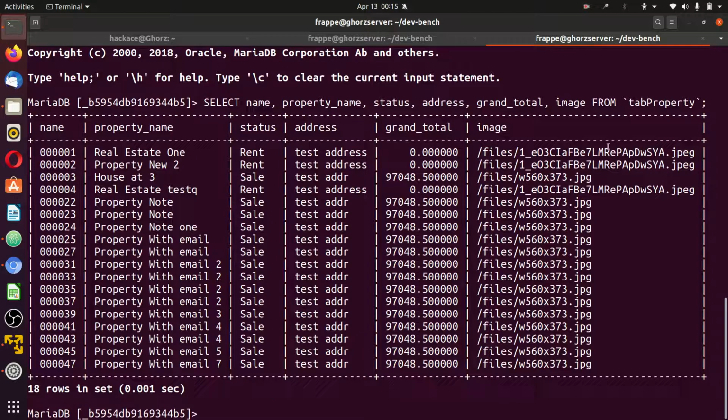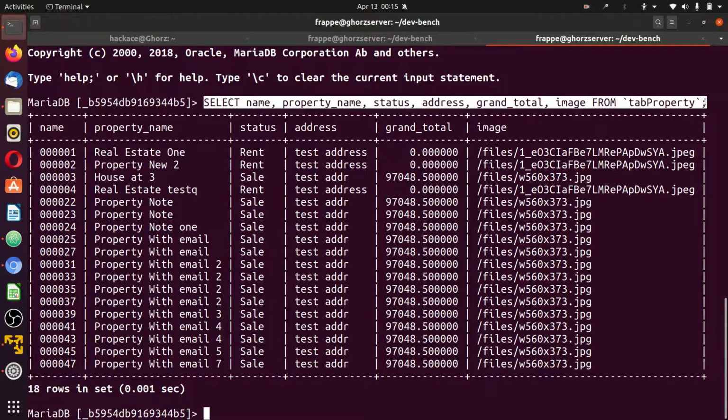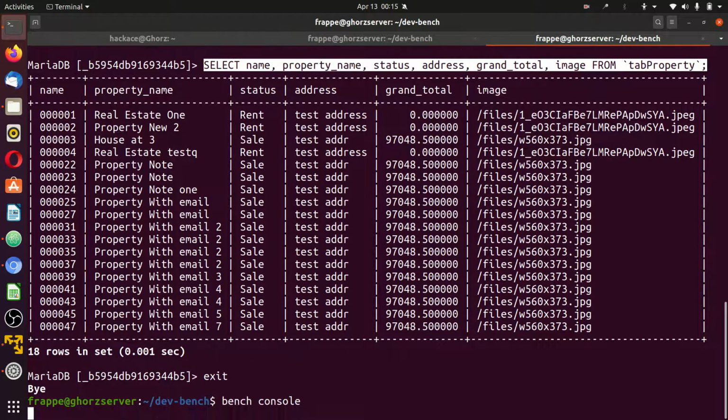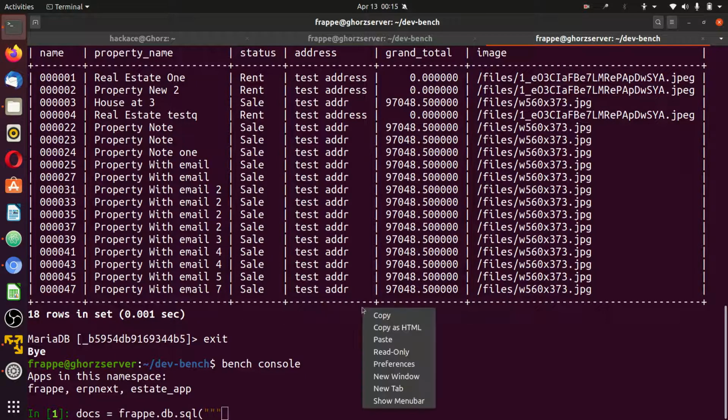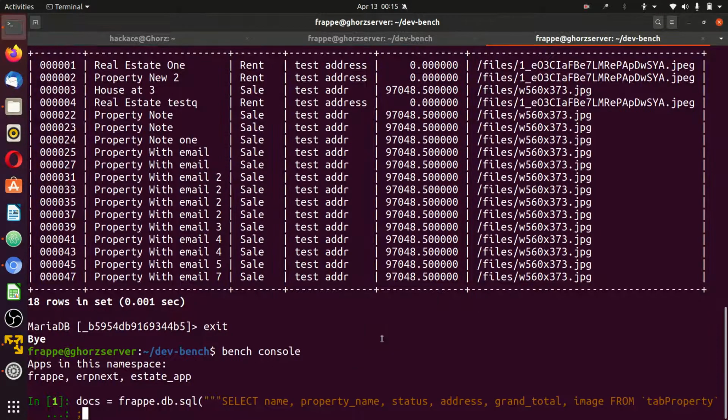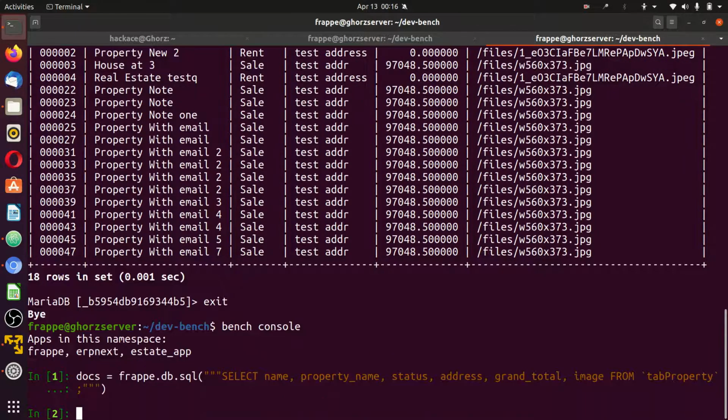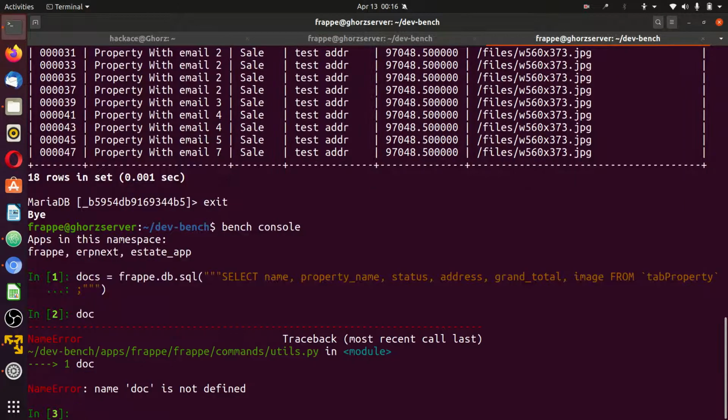Since I got the results here, I can exit this, go back to the console, and say docs is assigned frappe.db.sql, paste the code once more, close. Then when we check the docs,